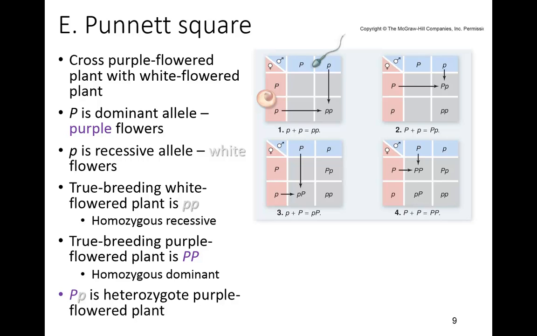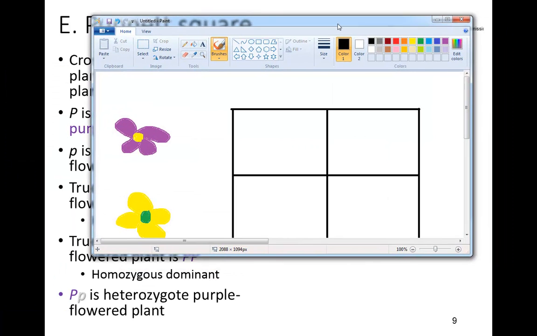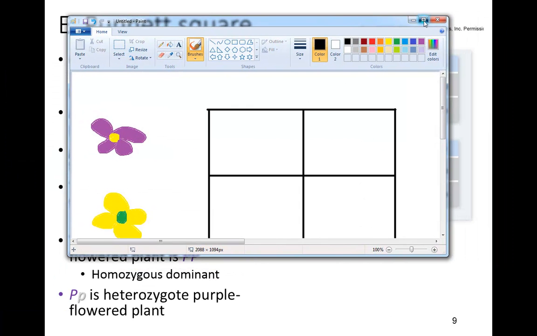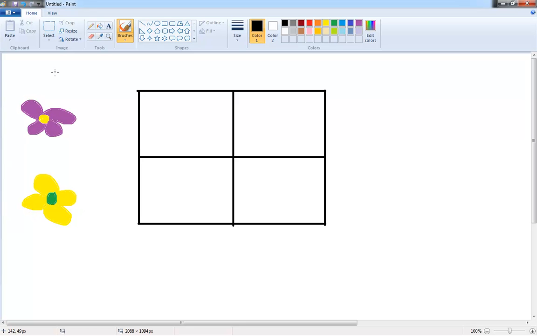Alright, so real quick, I'm going to just show you what this would look like. Okay, so here I have a purple plant, and we're going to say this is a true breeding purple plant. So it is big P, big P. Okay, and we are going to cross it with this yellow plant, which we're going to call little p, little p. Since it's recessive and it is yellow, it has to have the same. And we're going to predict what would happen